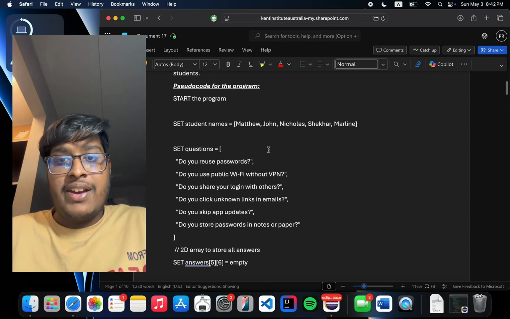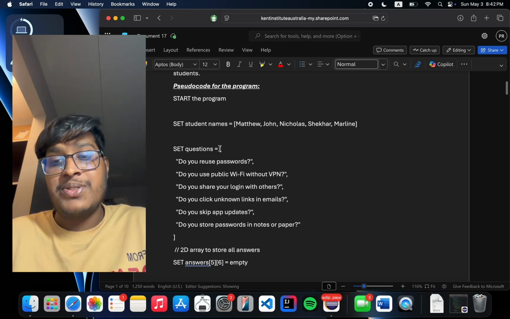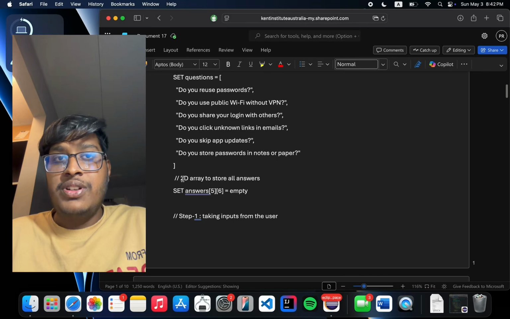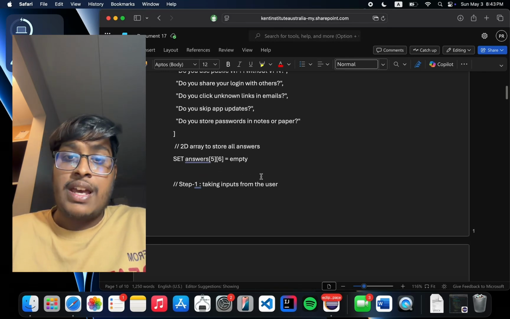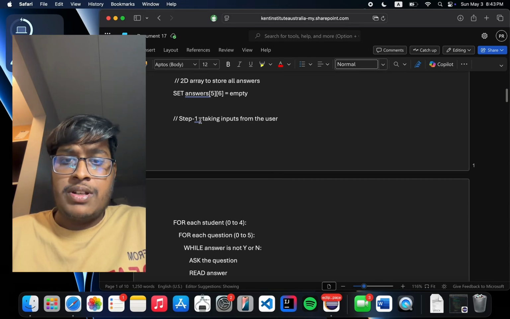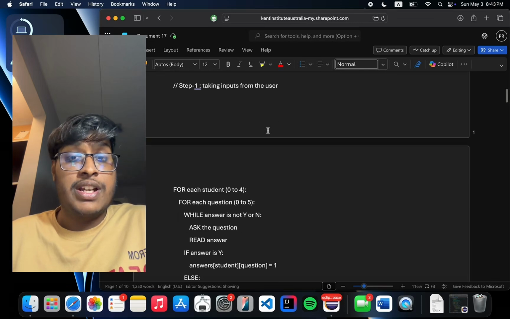At the top, I have all my arrays where I have stored the names of 5 students. Then I have stored the 6 questions for the survey. I also have 2D arrays where all the answers for every student are stored. I have divided this program into 4 steps, where in the first step I have used the nested loop